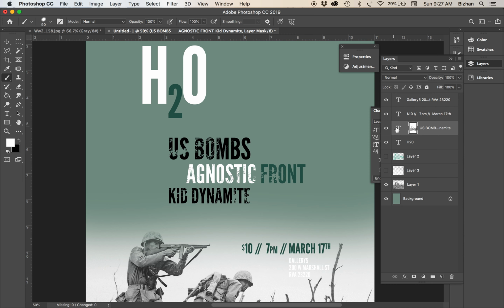The other cool thing about it is I can transfer a mask from one layer to another. The problem with this is that when I do so, it actually disappears from the current layer I have. And there might be a better way to do this, but this is the hack that I use. I'm going to click and drag my mask over to the new layer icon next to the trash can, and when my mouse is over that, I can tell because my hand's over it, it creates this new layer and allows me to then transfer that mask over here. And it doesn't matter because I'm just going to go ahead and delete my second US bombs copy, and now I have a mask on